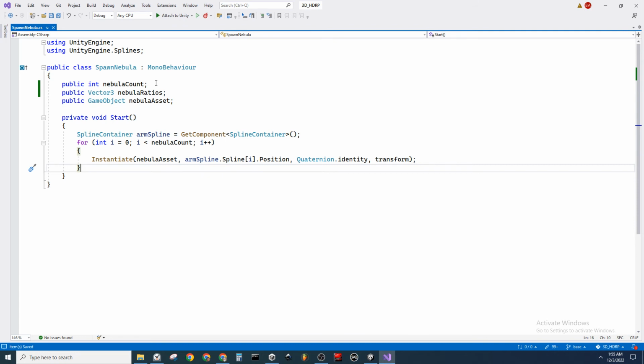Or every time an arm spline spawns. But I still need the nebula ratios. So let's come in here and say GameObject dot